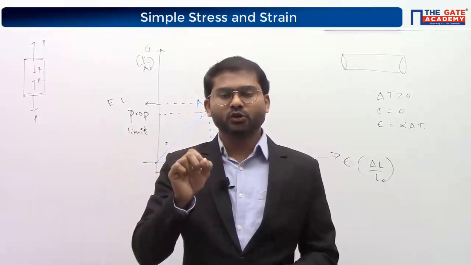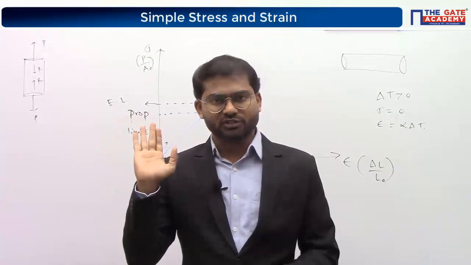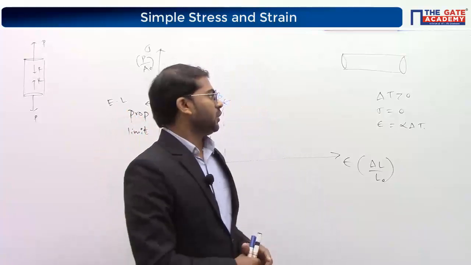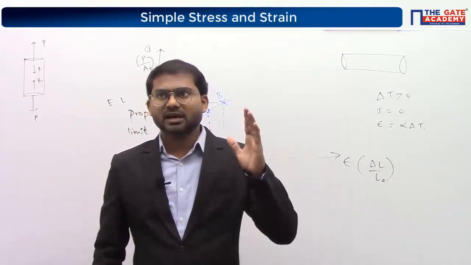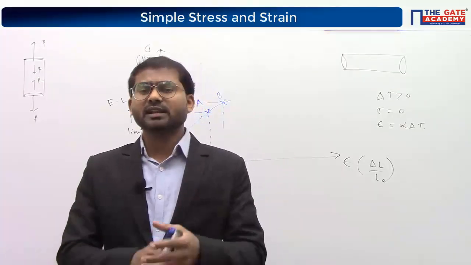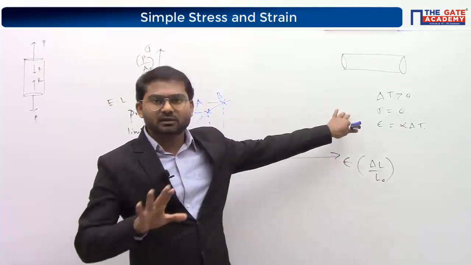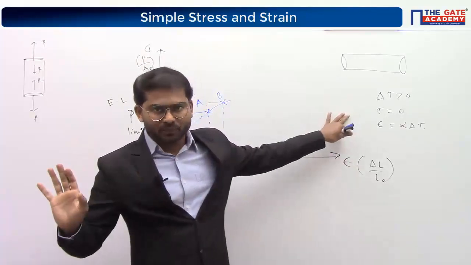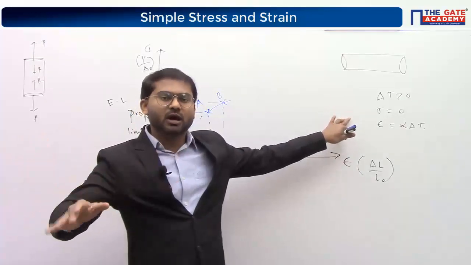So all you have to do is keep the condition of equilibrium, apply the value of load, and divide by the area of cross section. That's it. Clear? Understood? So stress is independent, strain is dependent. Stress is the input, strain is the output. Kindly keep that in mind. If anybody asks you in an interview, just give this example, which clears up all the discussion. If you are stuck in a debate anywhere, you can put forward this example, which closes the discussion right there.